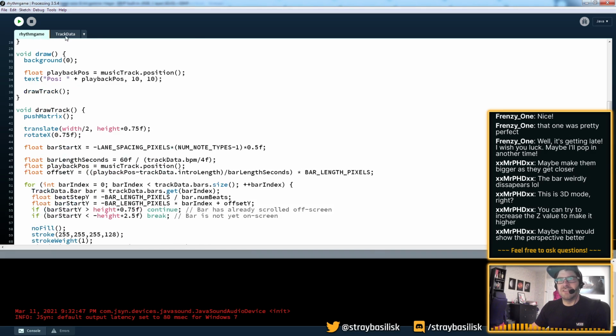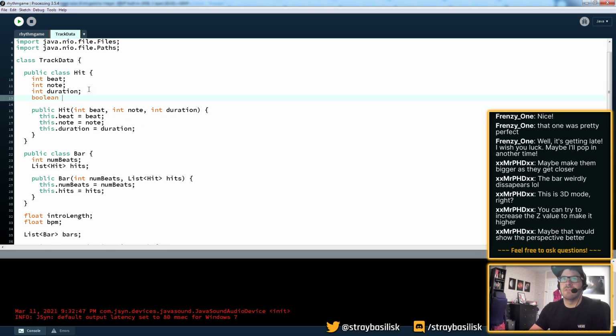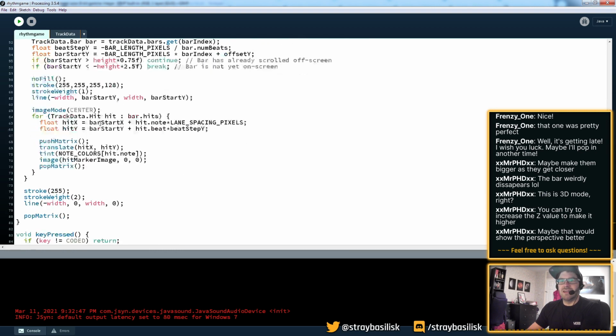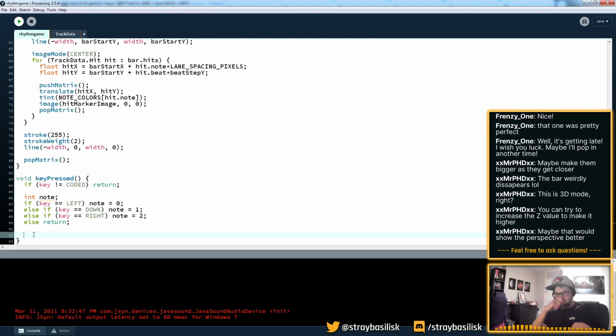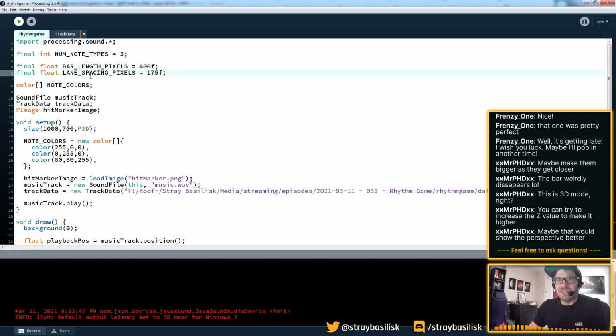Now what I need to do is to figure out if I'm on a note, right? Like when I press a button. So I think what I'll do is store a little flag on each hit to say whether it's been triggered or not. And then I can check if there is a note at this approximate location under the cursor right now, which hasn't yet been hit, which corresponds to the button I've pressed. And then given some tolerance, I can trigger it, I suppose. So let me do something like